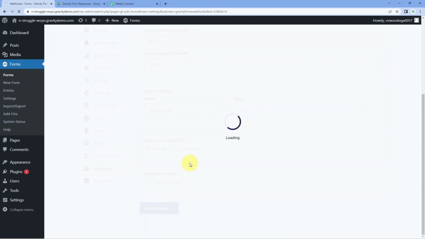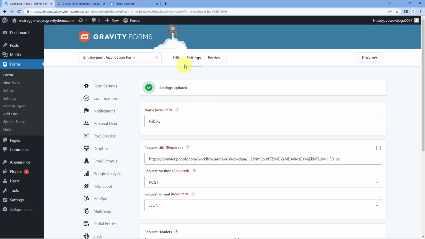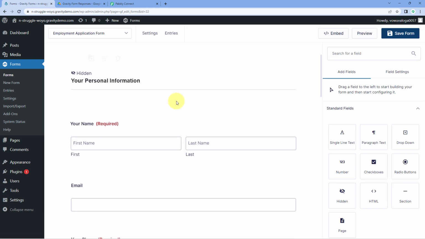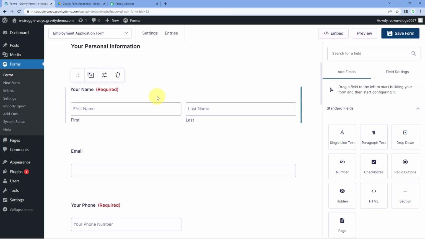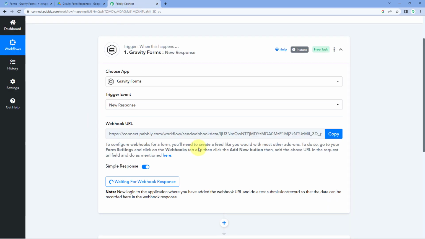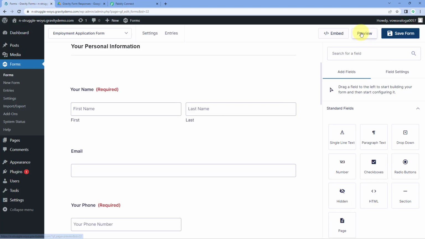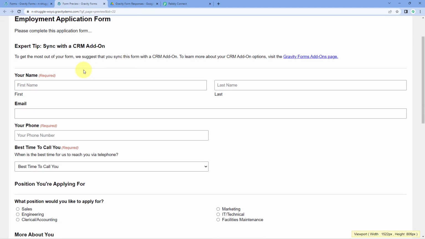And by clicking on Save Settings, we have successfully added this webhook URL in this form. Now every time, guys, we receive a new form submission, a new form response in this particular form, automatically the details of that form response will be captured inside Pabbly Connect. So let's do this. We are going to open this form in preview mode and then we are going to